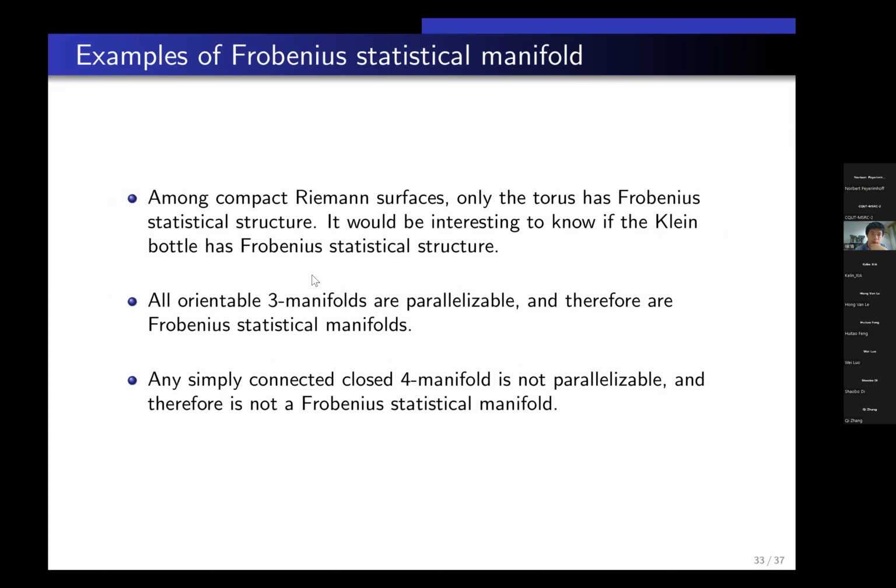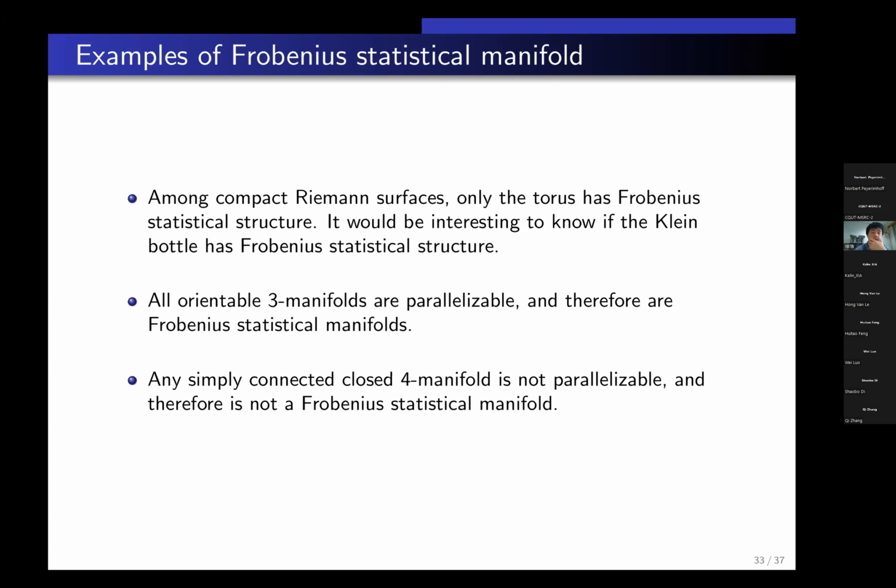These examples are actually not so many, because we do not have many examples of manifolds with a flat connection, or examples of affine manifolds. In the case of Riemann surfaces, the only flat or affine manifold is the torus, and actually only the torus has the Frobenius statistical structure